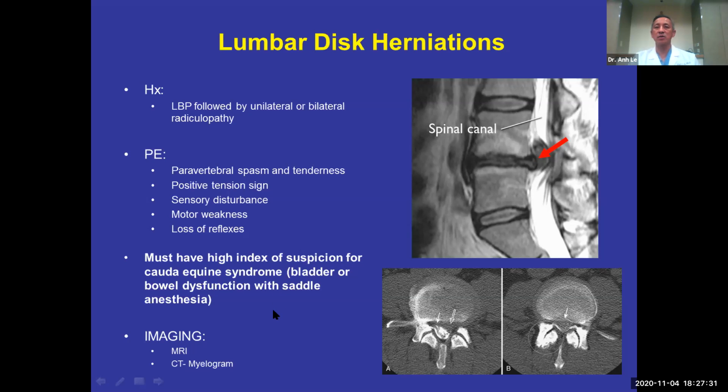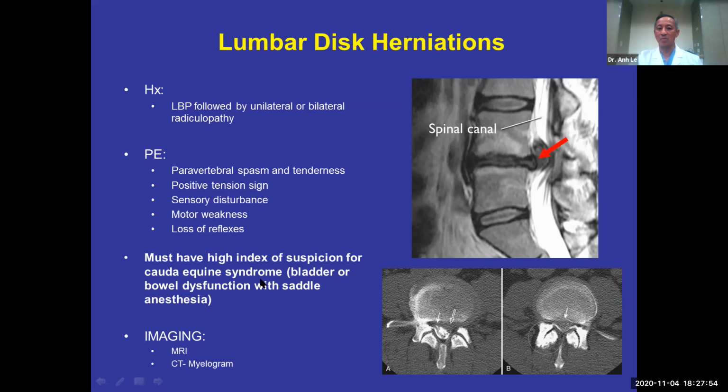Basically, in a patient who has chronic spinal stenosis, the nerves have time to adapt to the narrowing of the spinal canal. But in an acute disc herniation, they have no time to adapt, and they can actually proceed to nerve death. And in those patients, it constitutes an emergency situation.